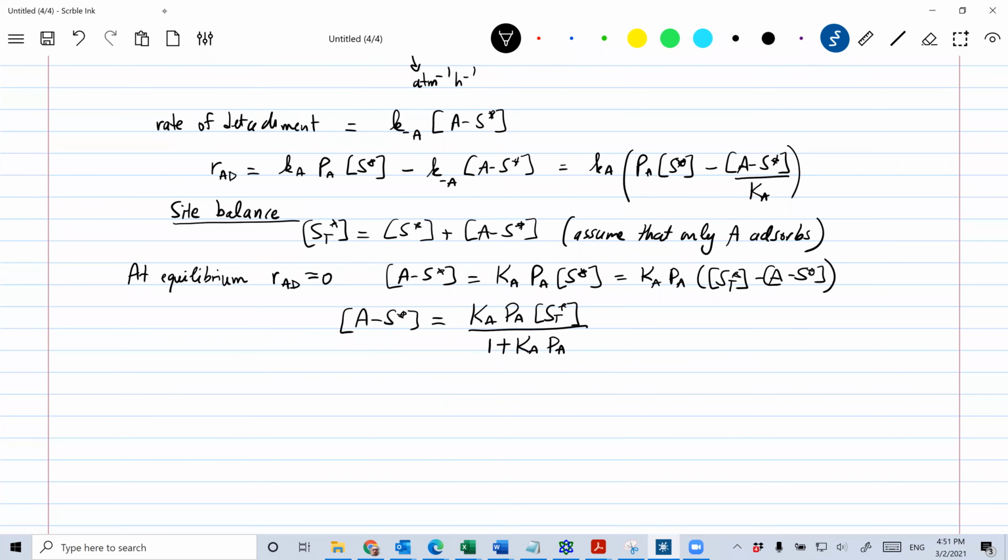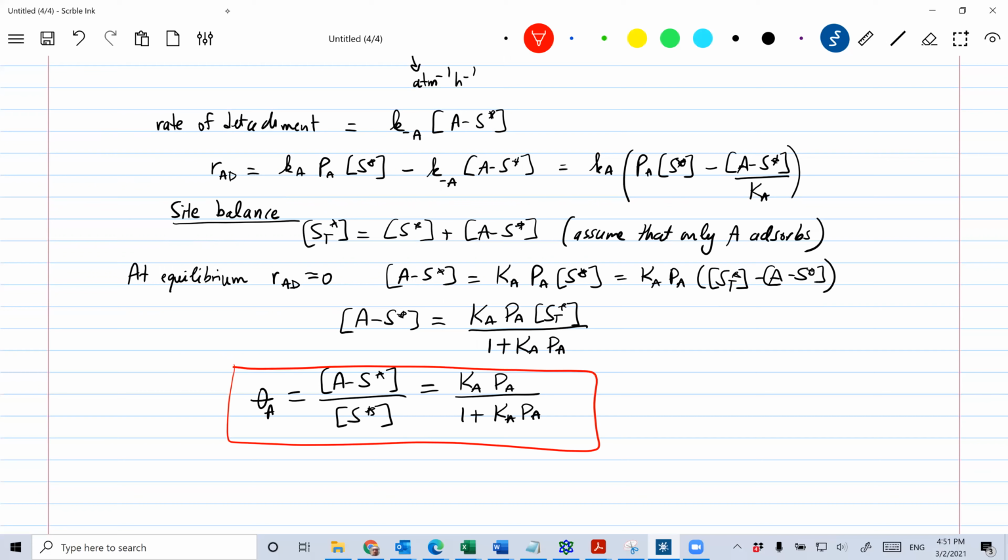And if we now divide, so if we take S star, all the terms we don't know, because we don't know AS star, we don't know S star concentrations, we don't know them, but we know things on the right. Or at least we know the pressure because we are the ones. So we know the partial pressures, for example. So this is what is often called the Langmuir isotherm, which is actually it's often